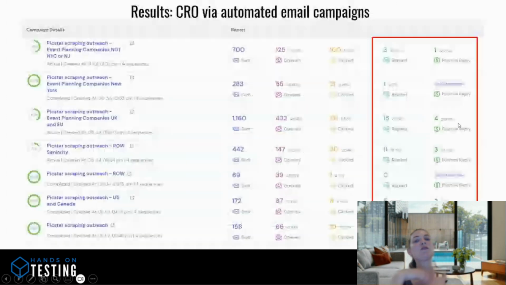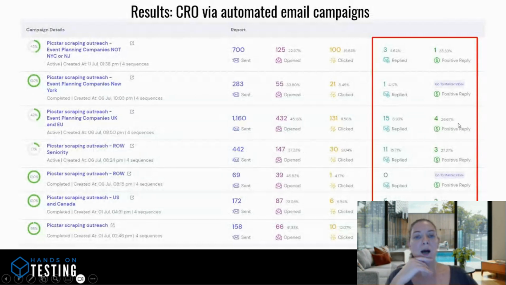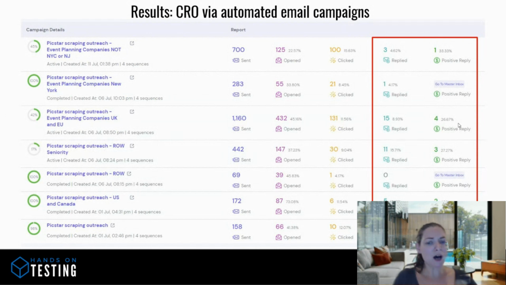So here's a very quick overview of what happened when we implemented automated emailing campaigns for outreach. This is a very basic test audience that I started with. It was only about 2,000 people per campaign. What I was doing was automated scraping, where I take a lot of emails of relevant people. I define the people I want to email, and then I scrape all their emails,